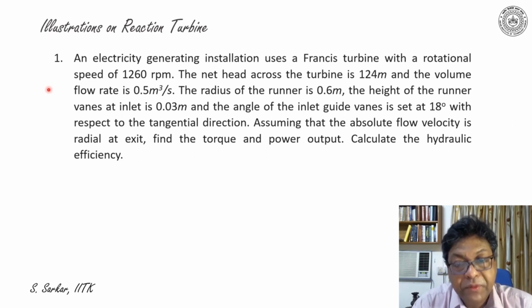The radius of the runner is 0.6 meter and the height of the runner wing at inlet is 0.03 meter and the angle of the inlet guide vane is set to 18 degree